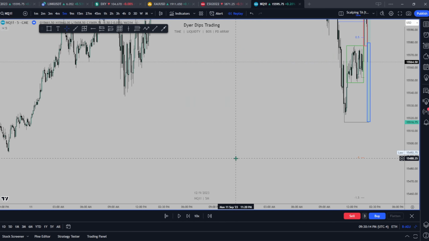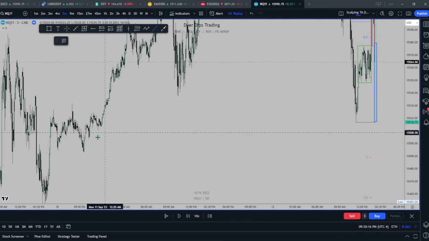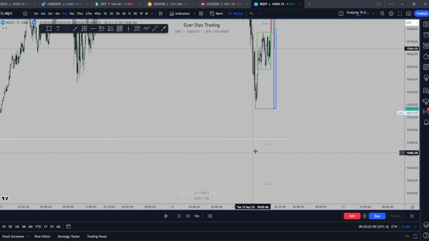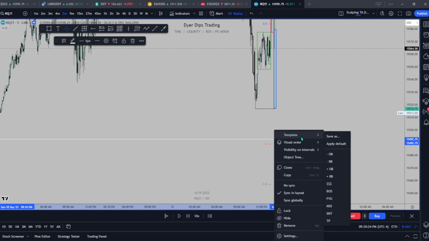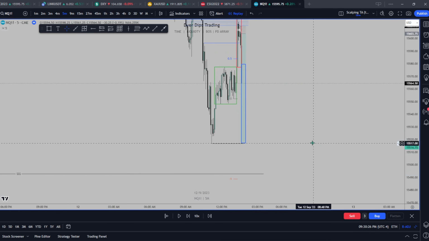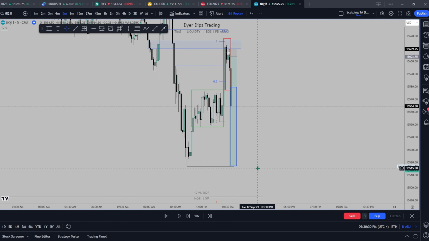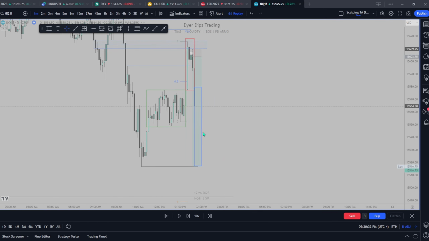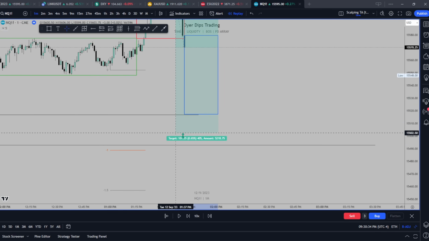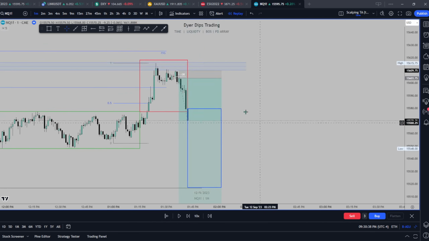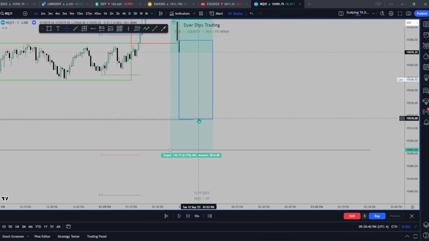So in doing so, I was looking left, and I could see that we had this form of sell side liquidity here in the form of relative equal lows. These lows are relatively equal, and there's lots of sell side liquidity down here because of it. And that does happen to be right above this -1 standard deviation or swing projection. So I actually decided to take my final profit off here, and I was scaling throughout this entire expansion move